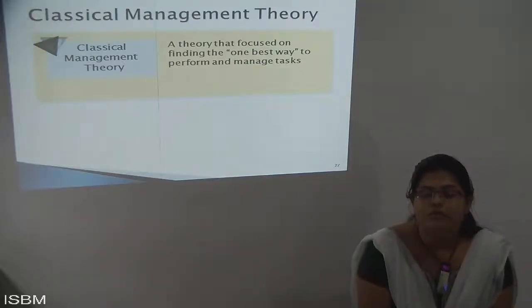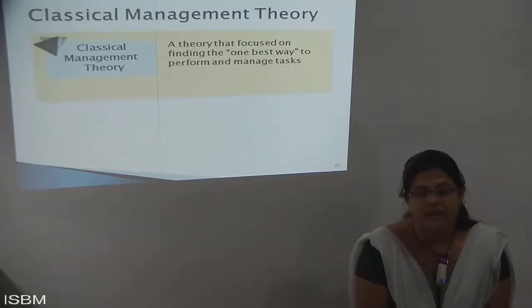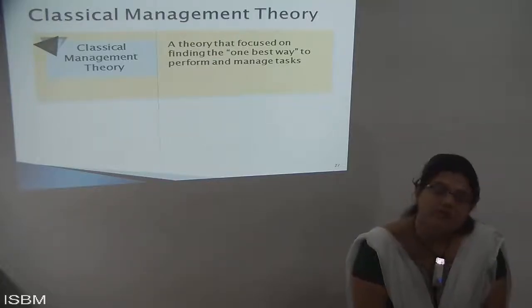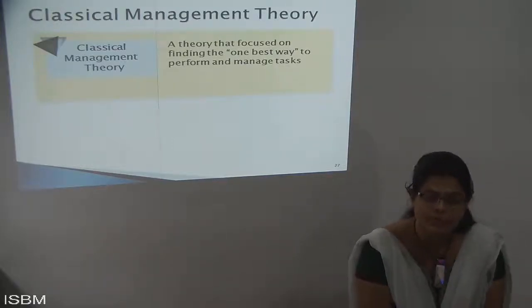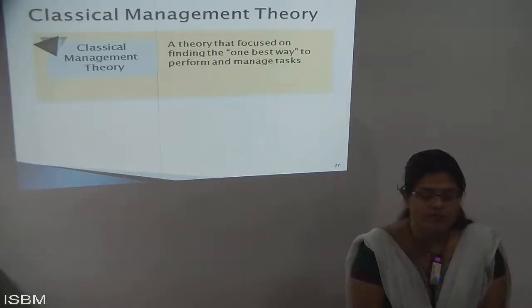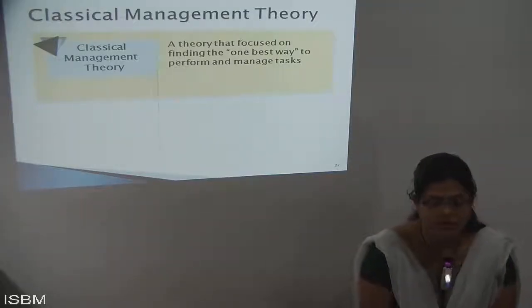The main motive of the classical theory is to get performance and manage the task. The aim is to get a reward: whatever task has been allocated to you, you complete that task, and by completing it you get a better performance and a better reward. That is why I work with the classical way of management.